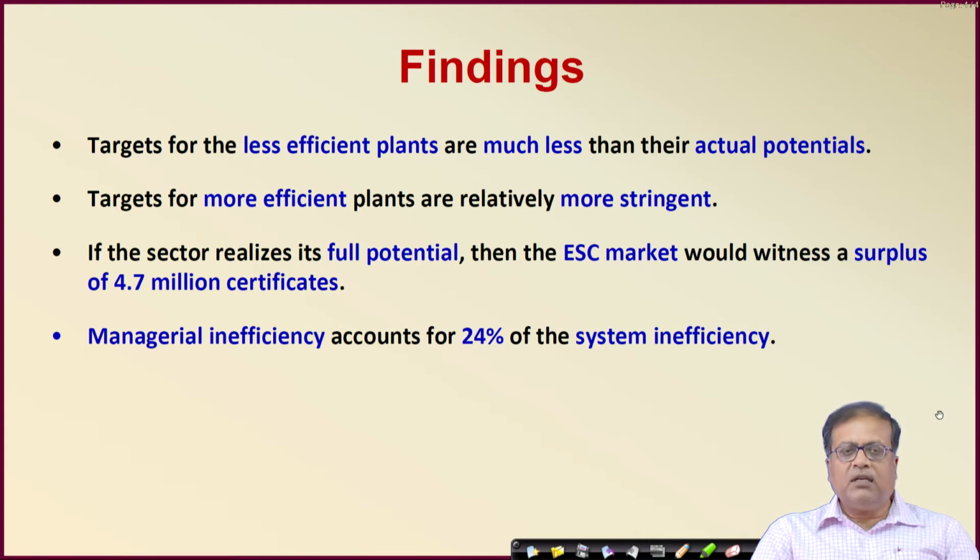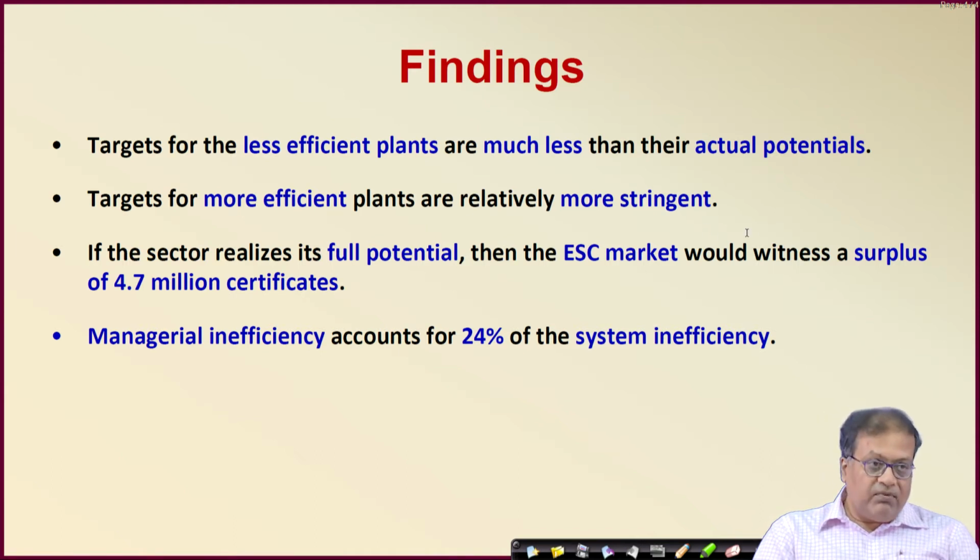So, in a sense you can say, because it is the first time implementation of the PAT scheme, the government of India was not very stringent, right. They have set relatively easier targets for the companies. That is one of the findings. The second finding is that targets for more efficient plants are relatively more stringent. So, that means if you are already doing well, then targets for you are stiffer, but it is in fact what he found,